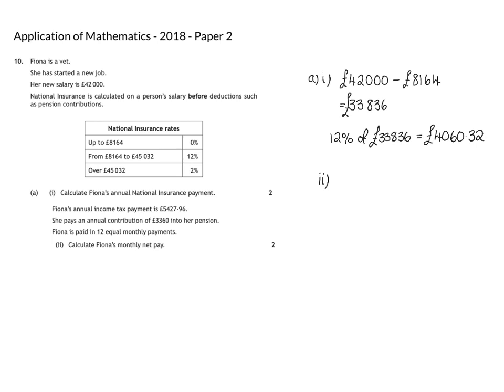So the net pay for annual, that is going to be that £42,000. Subtract your £4,060.32. We are also subtracting our £5,427.96, and also subtracting our £3,360. So once we've done that calculation, we get that for a year her annual pay is in fact